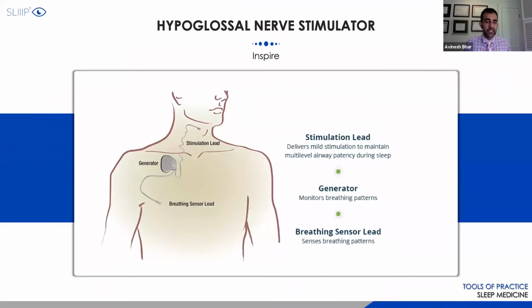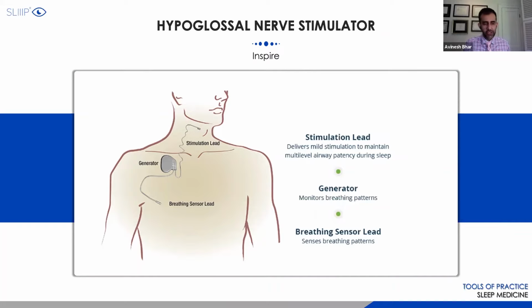Inspire devices. It's been a great addition to the market. I think it allows patients who can't tolerate CPAP. Again, the caveat is that you have to work with a provider or a DME company that really has tried to work with the patient to make sure they have the best chance possible. The next line would usually be a mandible advancement device if they can't tolerate that. Some people go straight to the Inspire device.